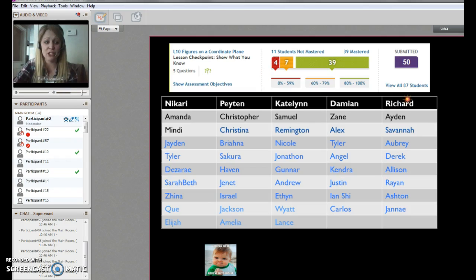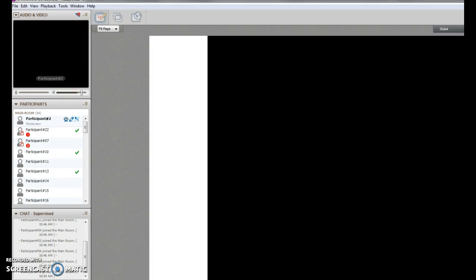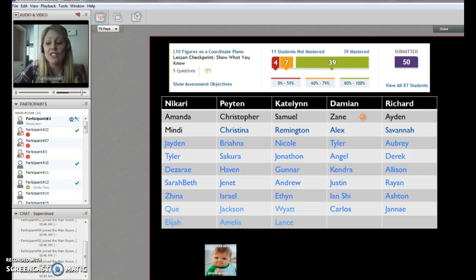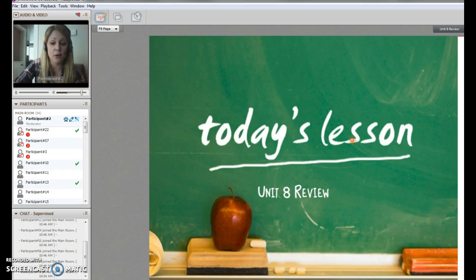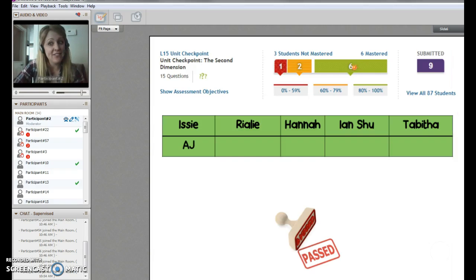In fact, when I go look at the students that took it and tried, she's working on her checkpoint. So let me look. Did you master that? Let me just look at the lessons that we've done in Unit 8. Now, I kind of broke it up a little bit different than I usually do. I'm going to show you how we're going to do that. First of all, I did have 6 students take the Unit 15 checkpoint, which is awesome. 6 mastered it. I did have 9 try. So good job, those that mastered it. I have Icy, Lee, Hannah, Ian, Sherbet, Tabitha, and AJ.